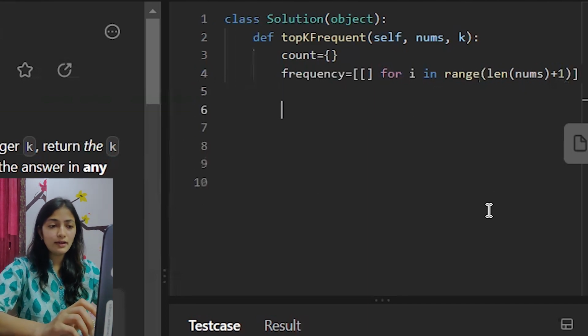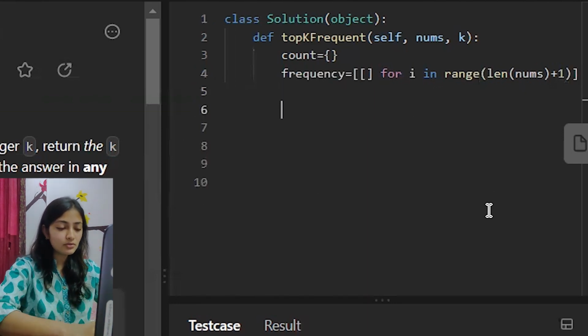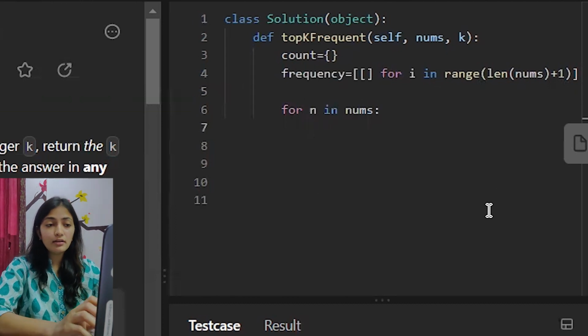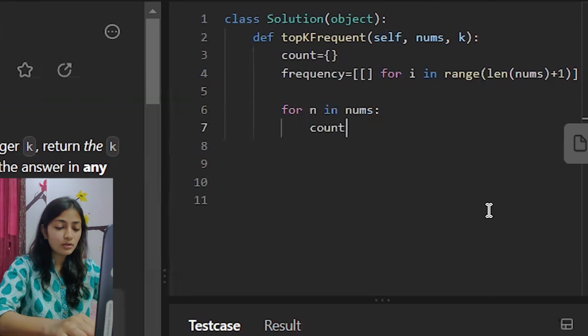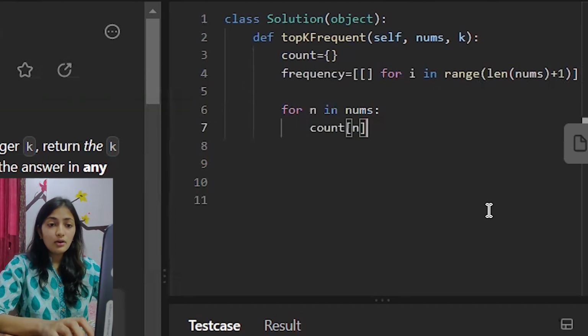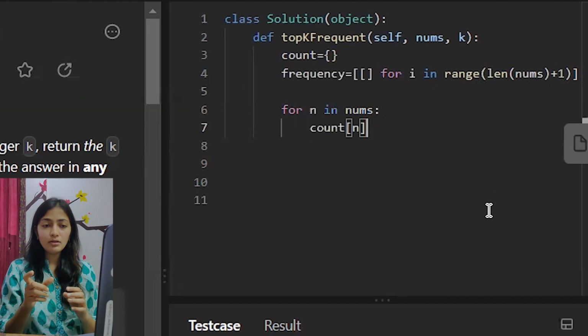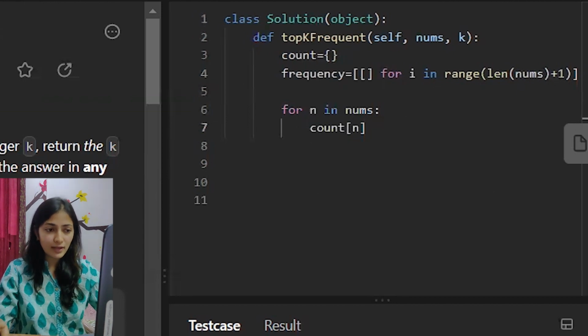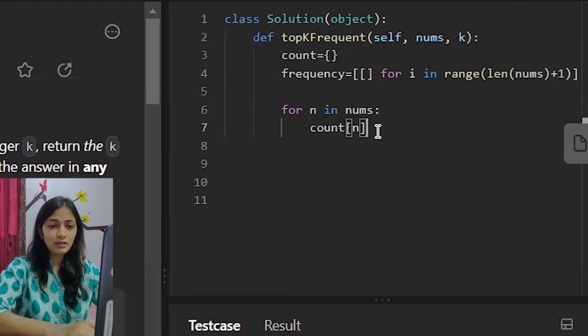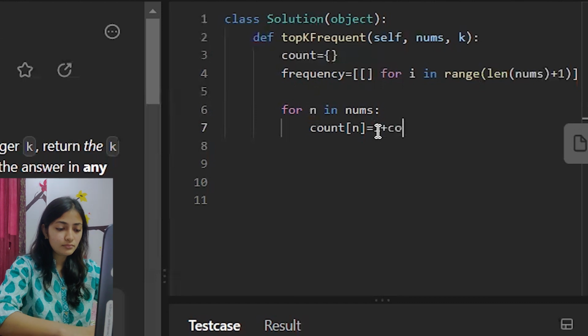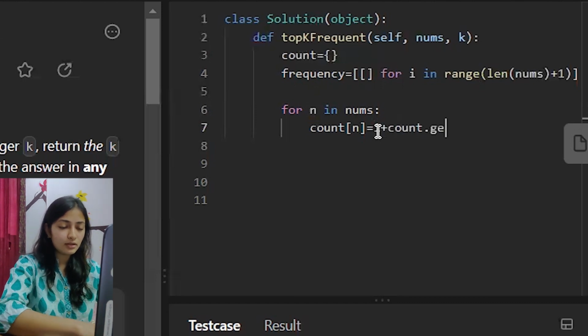Now we will iterate the values in the nums array. So for n in nums, and store it in our count dictionary. So count, where the value in nums is a key. Basically, the value 1 will be our key in the count dictionary. So it will be equal to 1 plus count dot get